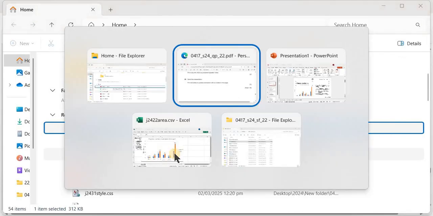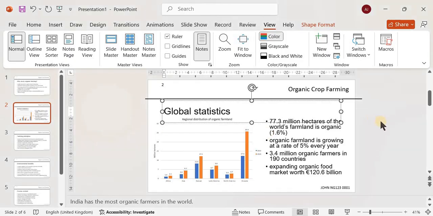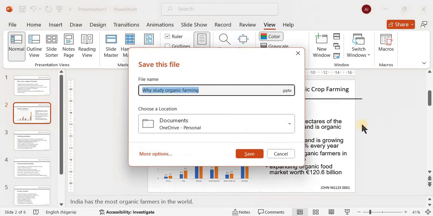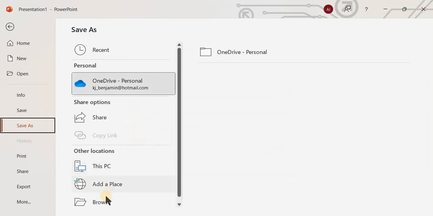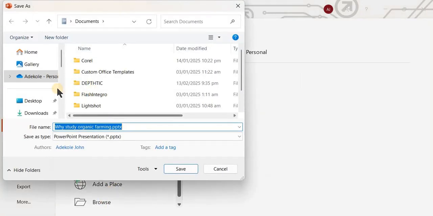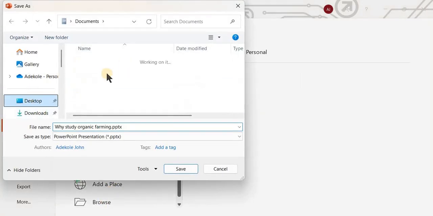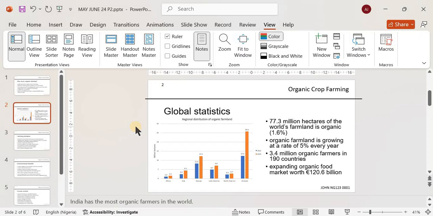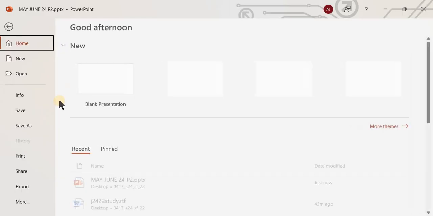Okay, so you want to go back to the presentation. It's saved. We save that. Give it a file name. I want to save that on my desktop. I'll give it a file name: May June 24 Paper 2. Alright, now that is saved. And now I'm to print it with 6